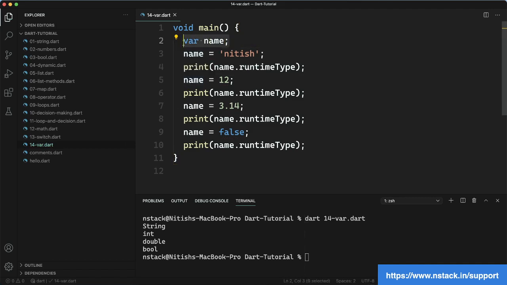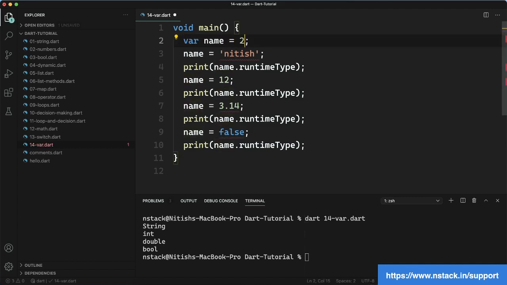So if you declare a variable using var keyword and do not initialize with any data, then it's same as dynamic. But if you initialize it with some data, then the data type of the data which you have initialized is going to be fixed to that variable.